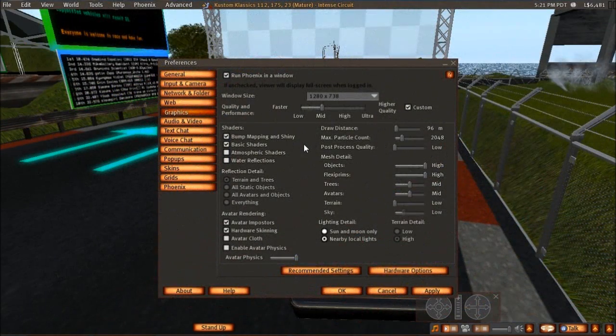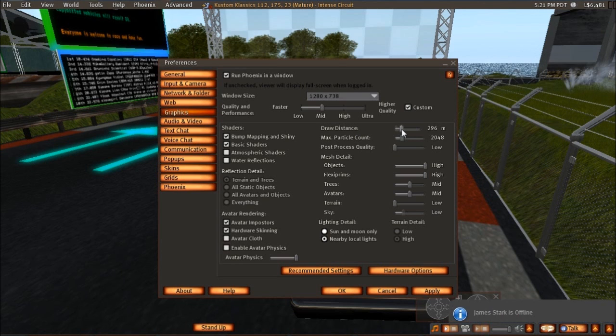One of our main problems is that for almost any type of racing, you're going to want at least 256 meters of draw distance, because you need to be able to load that whole sim into your cache in order for it to be there. Otherwise, as you're moving, it keeps trying to load stuff again. So if we go ahead and move this up to 256,